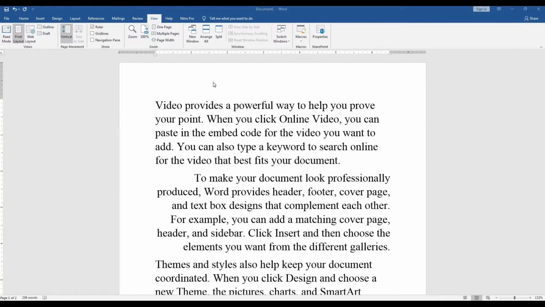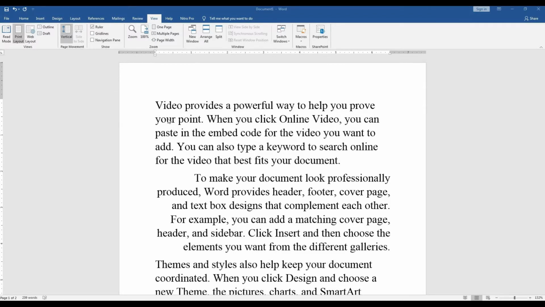Students, you can see the Microsoft Word window. As we have studied about Web Layout View, it's on the View tab. Here you can see many views like Read Mode, Print Layout, Web Layout, Outline and Draft.